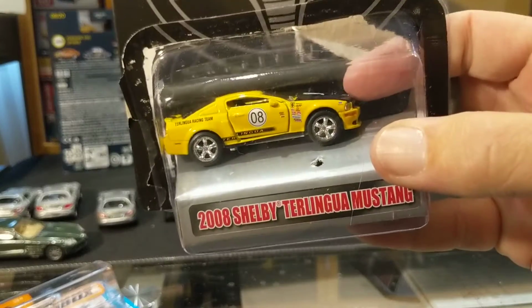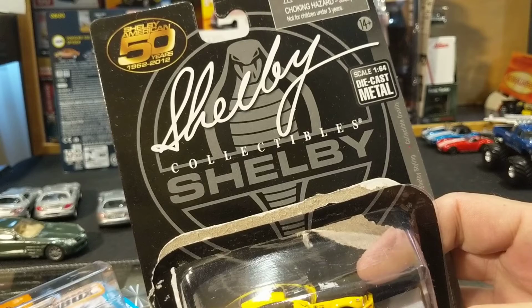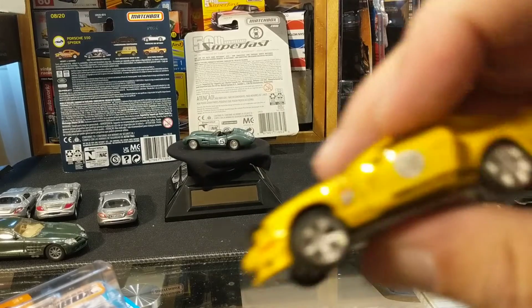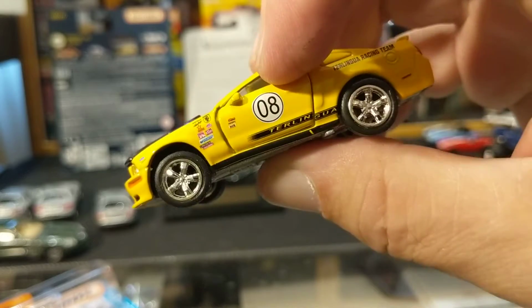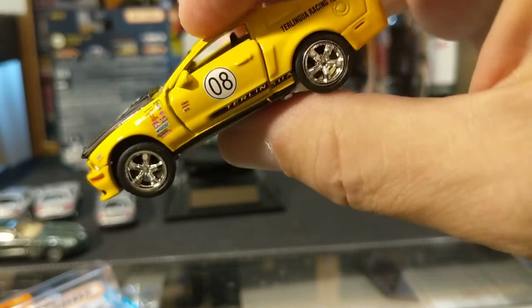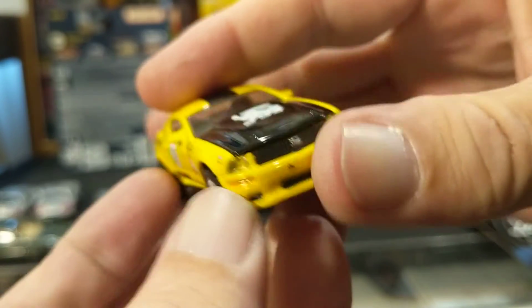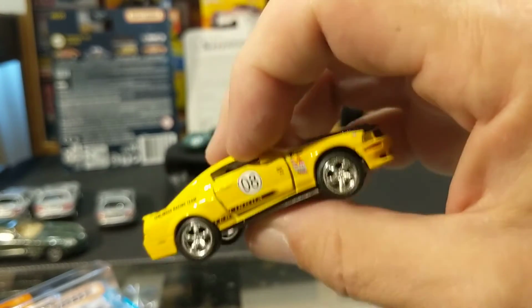And this is the first time I'm really dealing with quality control issues or damage to a Shelby Collectibles model. I mentioned the doors being out of alignment on video, but in comments I owned up it's not just the doors. It looks like the whole model has been squashed. The roof looks flat. The fenders are, you know,